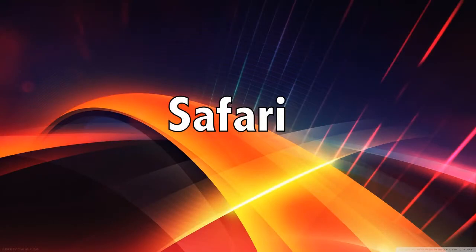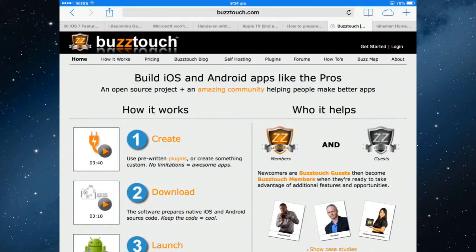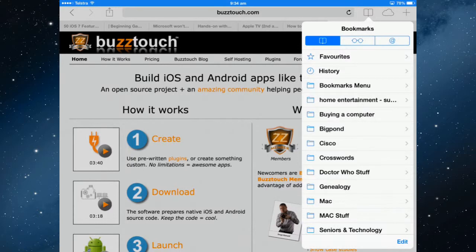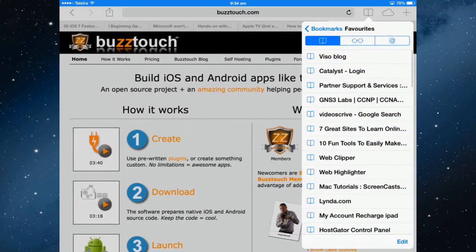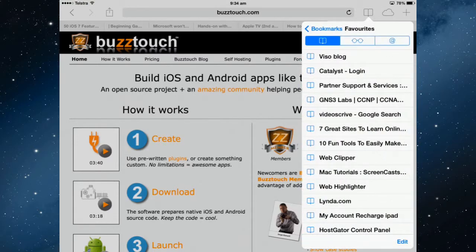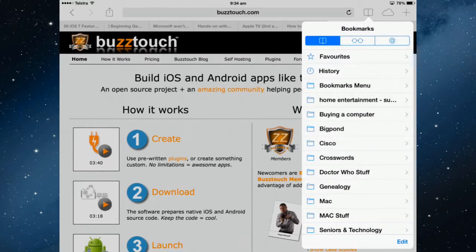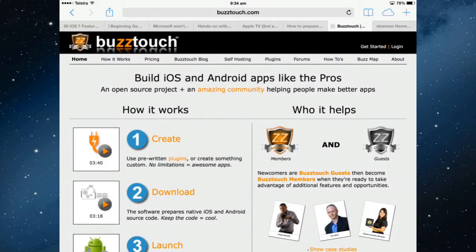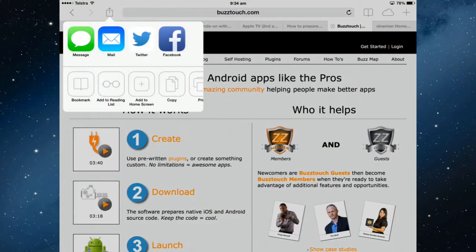Some changes in Safari also. Now instead of having a bookmarks bar, the bookmarks bar is now your favorites. So if I went into my bookmarks, any existing bookmarks are now in a favorites folder, and I can edit them and move them around and delete them as you normally would. Create new folders. If you want to add something to your bookmarks, here's a website, the sharing button, add it to the bookmark,